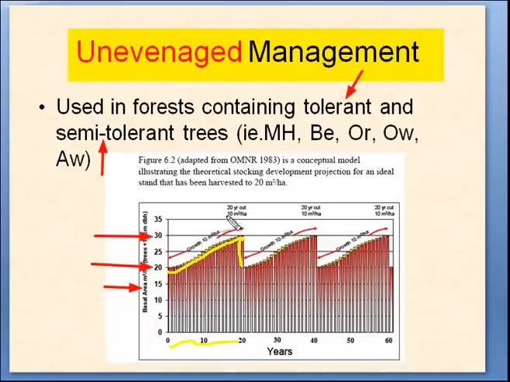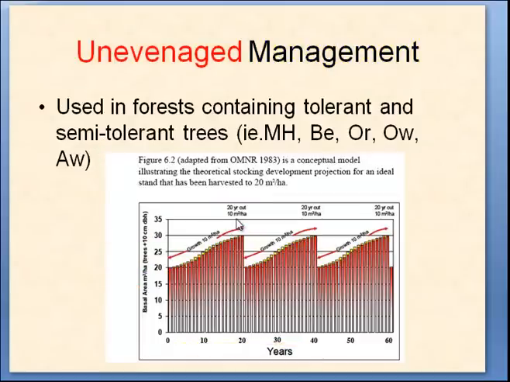But then what happens over the next 20 years? The remaining trees and the trees that are coming in, like understory and advanced regeneration, grow, and the forest comes back up to there, and then we cut it again, straight down. So this is called a sawtooth approach, because it looks like a sawtooth, of course. You can see we have a 20-year cutting cycle, and each time we're removing 10 meters squared per hectare of basal area, which represents volume, which I'll explain in a minute.